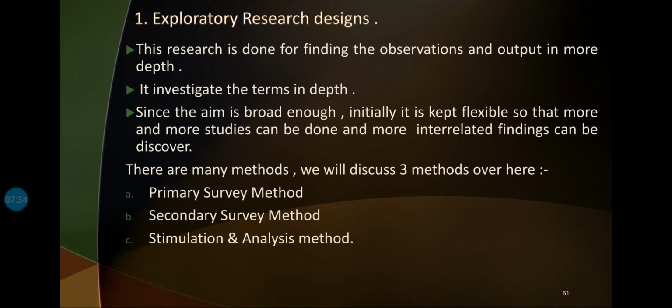When we talk about the secondary survey method, what we do is that we do the survey of the literatures. Now what happens when we do the survey of literatures? It gives us the idea of the work that is already done by other authors, other researchers, and from that we can make out which part is lacking in the experimental work that is already done and what are the options or the scope for you to carry out the particular research. It gives you many clues to conduct your research work.